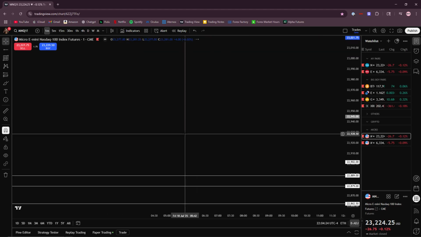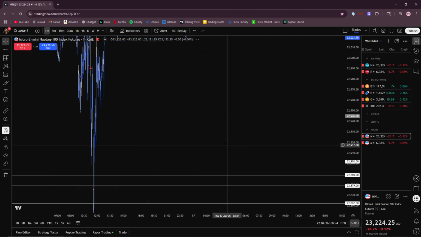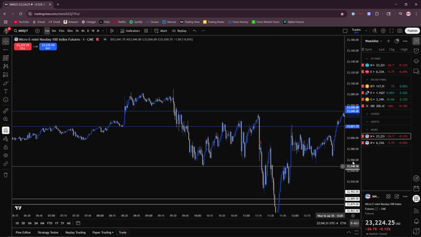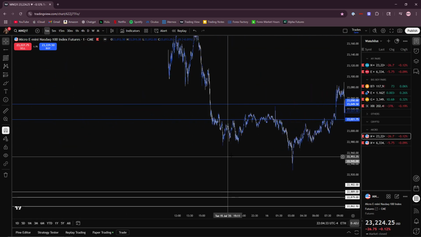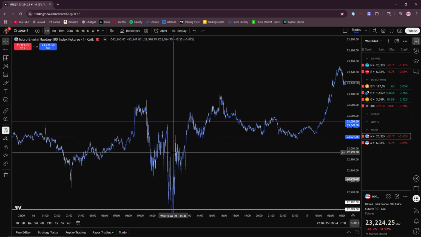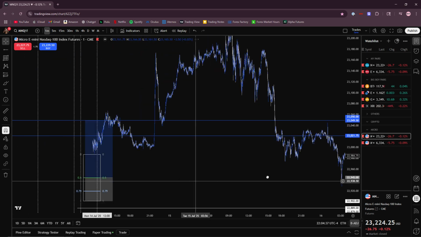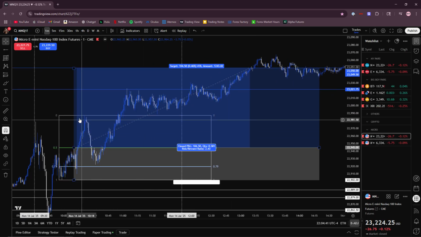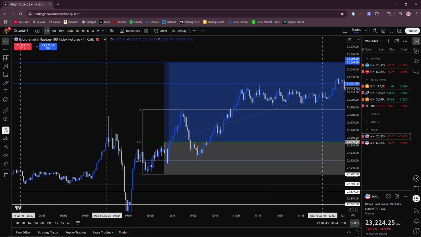Equilibrium's still valid here, so you're still good for longs. So a potential trade I could have taken was, where is that point? Gosh, how am I all the way over here? Okay, there we go. So the potential trade you could have taken is after price dipped into this equilibrium, you